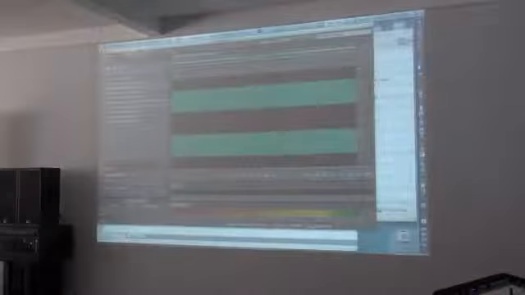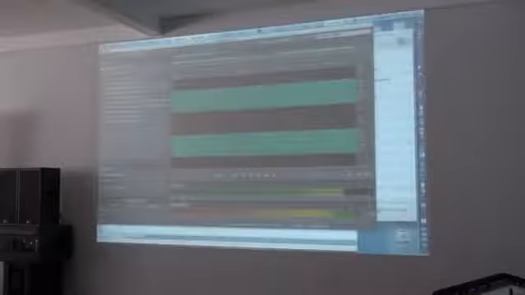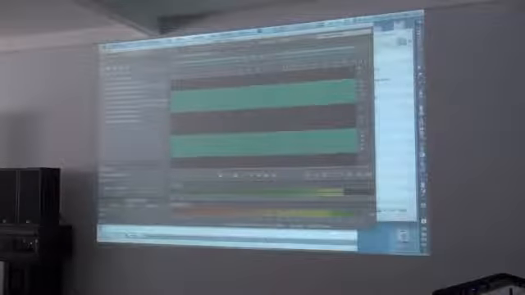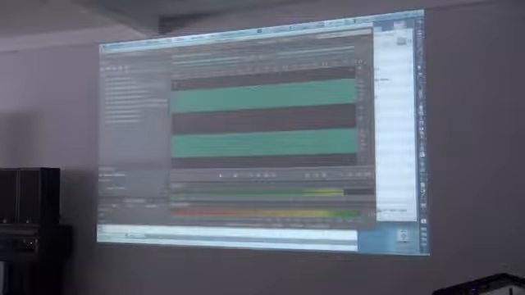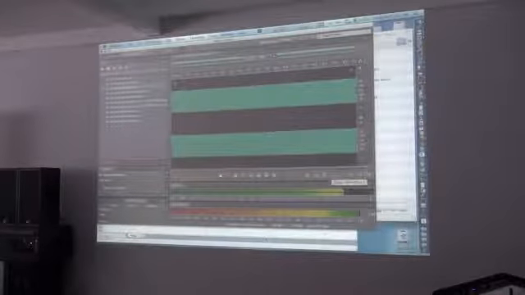A square wave is at -6, but it's very loud. I will reduce the volume because I don't want you to listen to voices. Why is this called? Why is this called? Where is it? Oh.